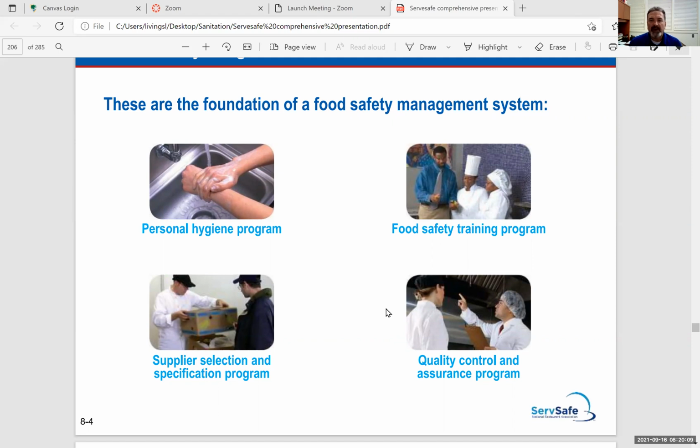Their uniforms are paid for, the uniforms are laundered, they have a meal when they work. If some of the team members work through the holidays, we made sure they had that theme of the holiday. If it was Thanksgiving, they had a Thanksgiving meal. If it was Easter, they had Easter. If some of our team members celebrated particular holidays, we recognized that based on their ethnicity and their nationality. We made sure we had segments in the employee area